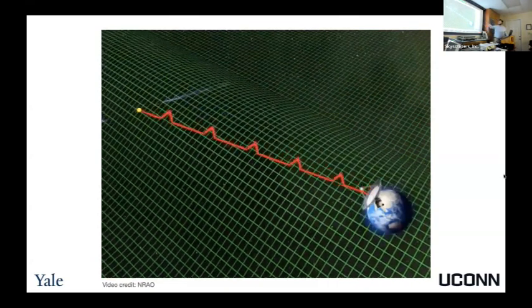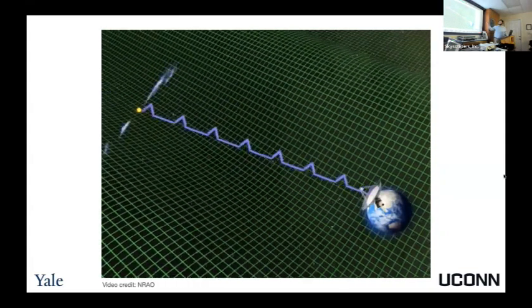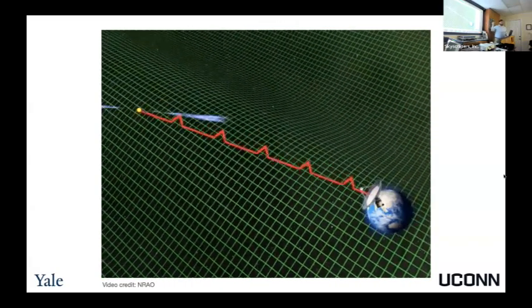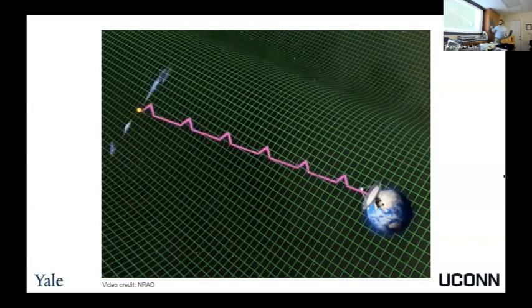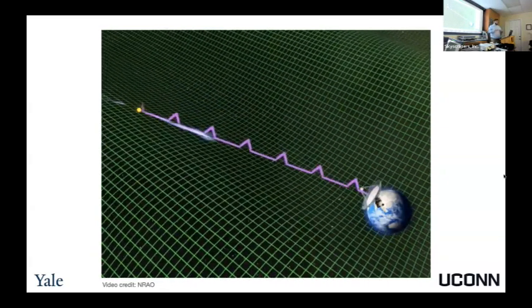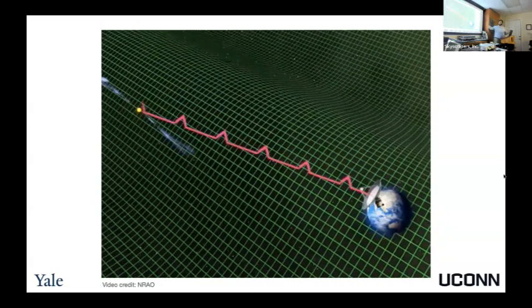So you can see we have the blips coming from the pulsar, and as the gravitational wave goes through, those blips either get here slower or faster, with their timing being changed by the gravitational wave as it passes between the pulsar and the Earth. And then in our pulsar timing array, we look at many, many pulsars doing this same thing and figure out the correlated timing deviations between all of the different pulsars to understand what was the actual gravitational wave signal as it passed through us here at the Earth.